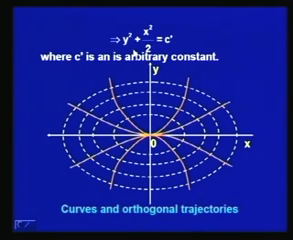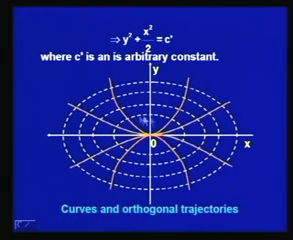When we integrate on both sides of this differential equation, we can see that we will have y square plus x square over 2 equal to c dash, where c dash is an arbitrary constant. Now, you can see that this is a family of ellipses where the semi major axis has length square root 2 c dash and the semi minor axis has length square root c dash. We have shown